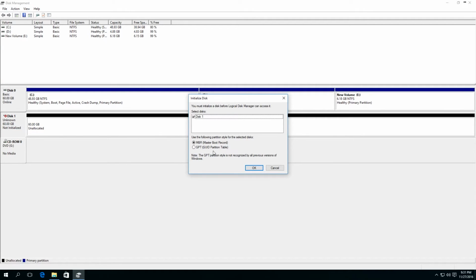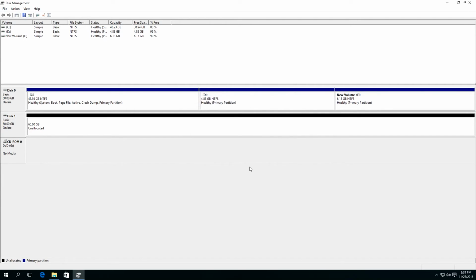Select the partition type. It's either MBR or GPT. I'd recommend choosing GPT if you have a modern computer with UEFI. If your computer doesn't support UEFI or you don't know it for sure, then choose MBR. OK. The disk is initialized, but it will not be shown in the Explorer anyway because there is an unallocated